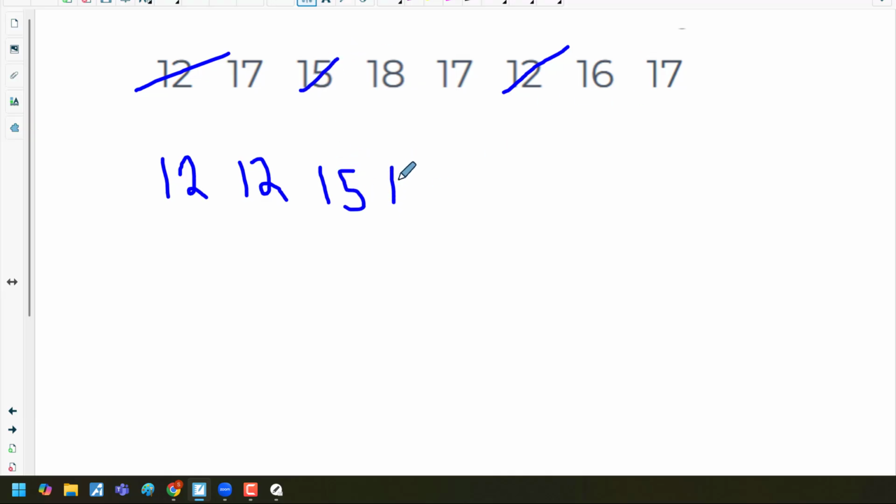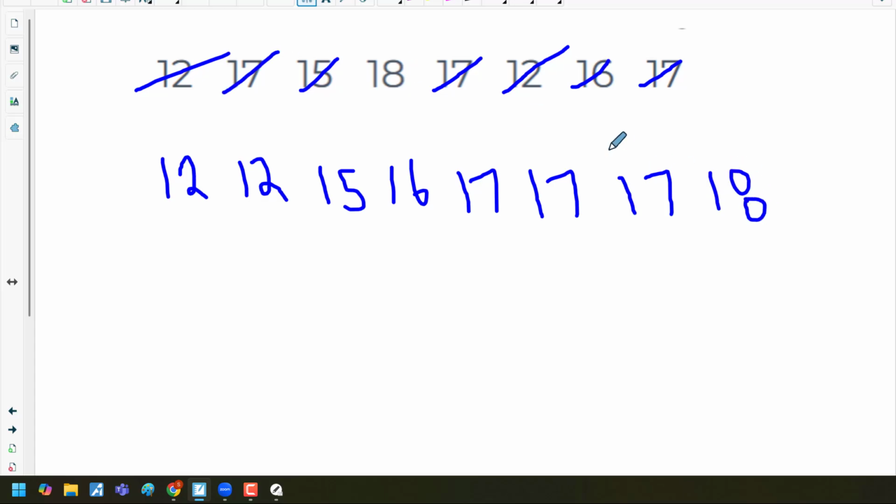Okay, step number 1. For a median, we need to arrange it from smallest to biggest. So we have 12. That's one 12 gone. We have another 12. That's gone. What's the next biggest? 15. Next biggest, 16. Next biggest, 17. 17. And guess what? 17 again. And the last one is 18. All right, so